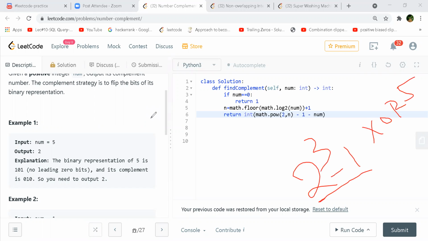Okay. Right. So if you want to negate anything with XOR, what you do is you take the XOR with 1. Take any number, take 101. And then if you XOR with 111, it becomes 010. But in this case, what we are doing is, it's going to be all the previous bits 1, and the current bits of the number, they will all be 0s instead of 111, right? So if you XOR 101 with all 0s, you are still going to get 101 and not the complement number.